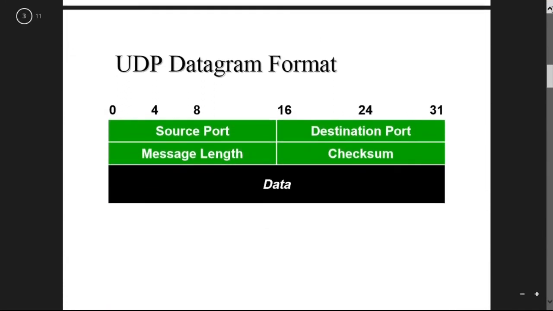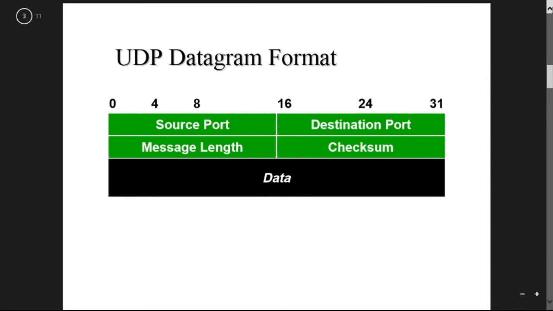Next, the UDP datagram format. This is the datagram format, which is quite different. Here we have a 32-bit wide format, from bit 0 to 31. Here we have